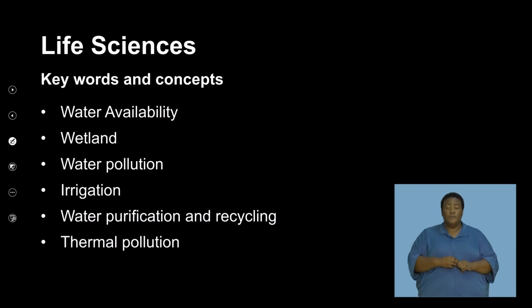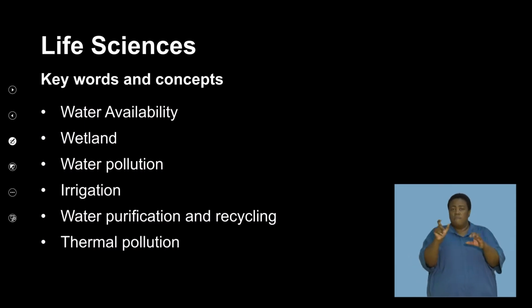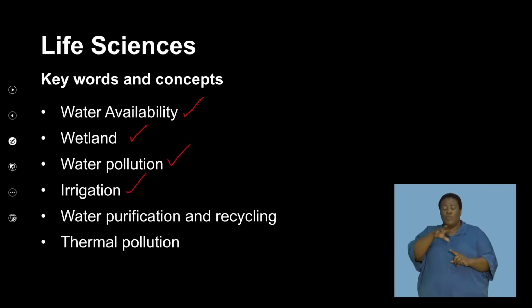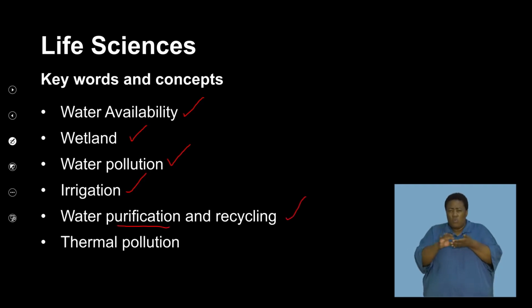In our lesson today, we're going to focus on some key words and concepts that I'll unpack, but let's look at them from an introductory perspective. We're going to look at water availability, in terms of the amount of water available to us. The importance of wetlands, which are natural and important to our environment. The impact of water pollution, what irrigation is and how water is used there, water purification and recycling as an important process to ensure that water is clean, and thermal pollution as a mechanism that contributes to